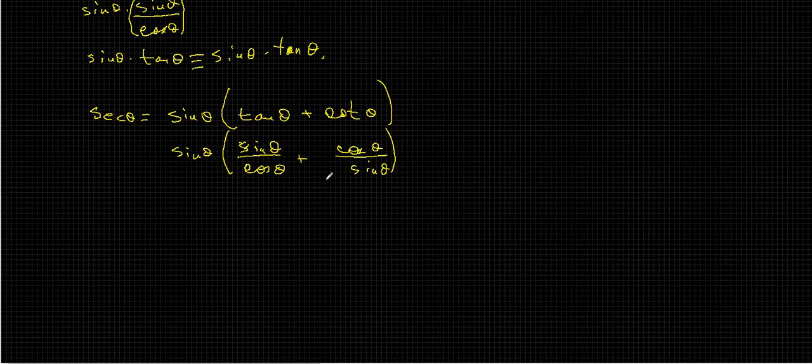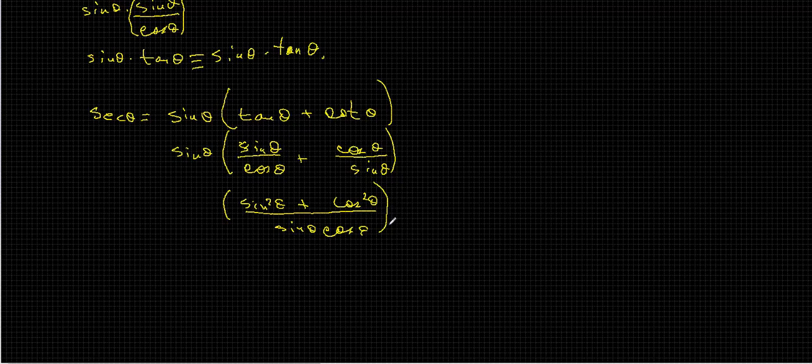You can see that the denominator will be the product of the denominators in this case. So we would have to multiply sine theta by sine theta, so we would get sine squared theta, and multiply this one by cosine theta, we would get cosine squared theta. Everything over sine theta cosine theta,